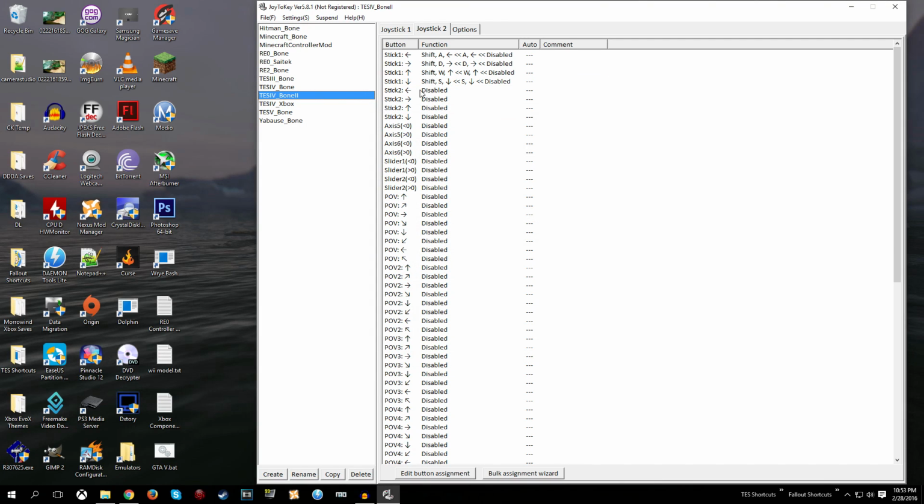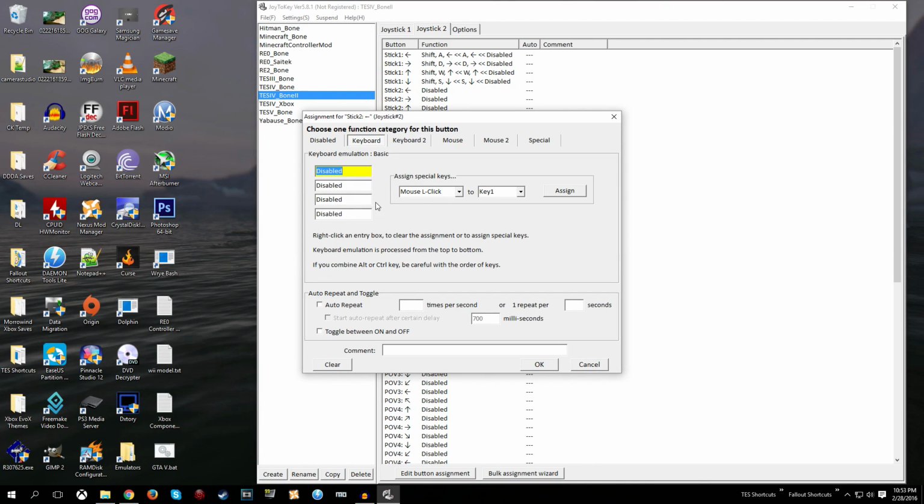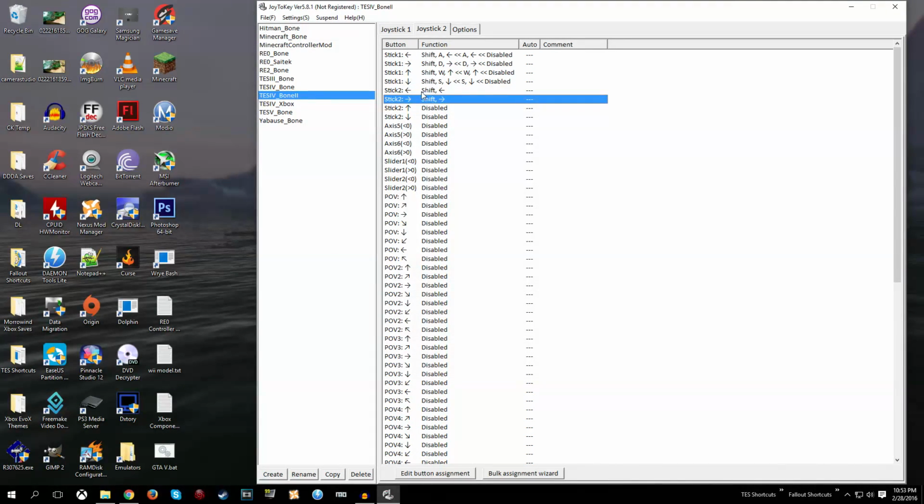Alright, for stick 2 left and right, we're going to want it to be first shift, and then for stick 2 left, we're going to want it to be left arrow. Then shift right for pressing right on the right analog stick. And when you're in the Oblivion menus on PC, when you hold shift and hit an arrow key, you